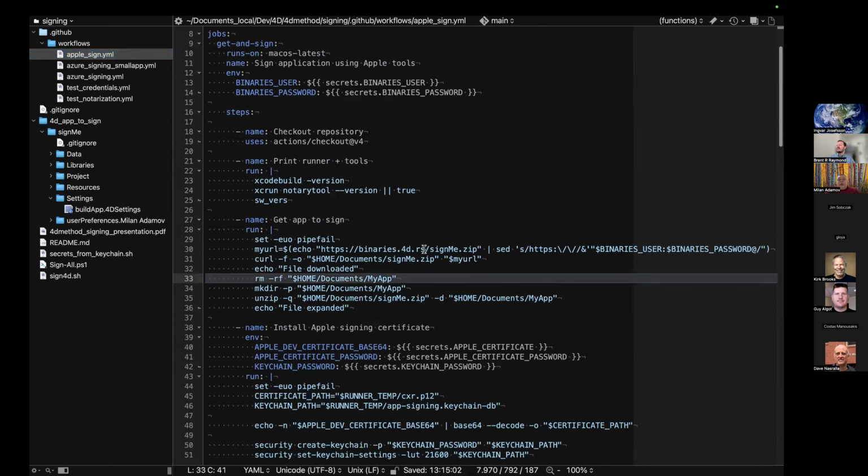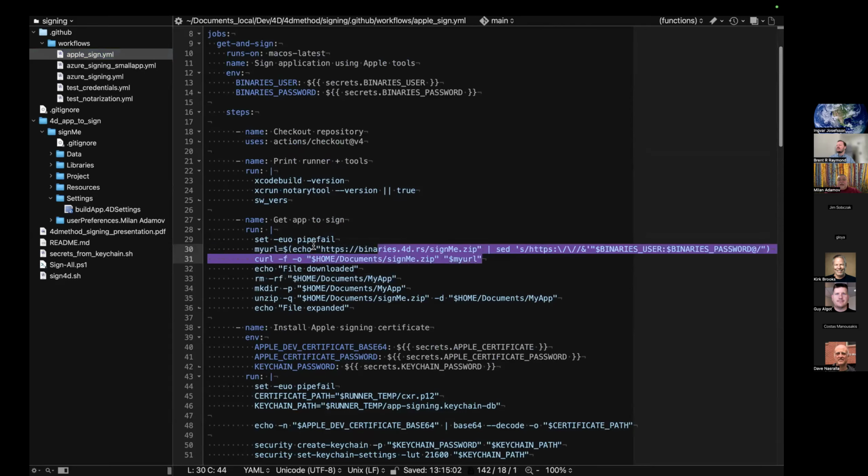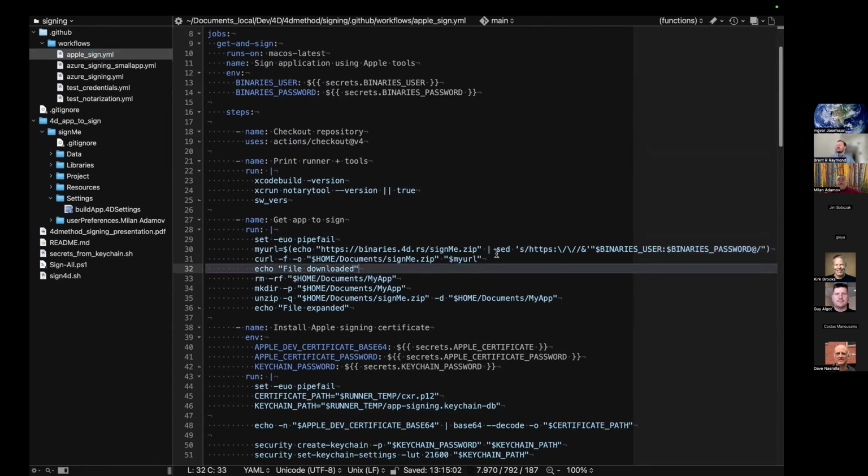Like I'm doing here in these two lines, I'm downloading the already built application, zipped and put on my servers. Remember from my previous presentation, this is where I have my 4D binaries, 4D Volume Desktops, 4D Server, to make builds from. So basically I put it there also.